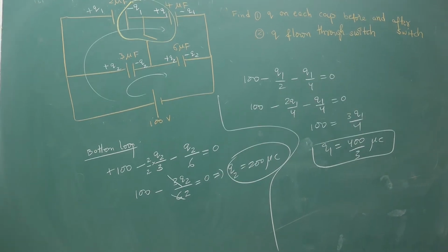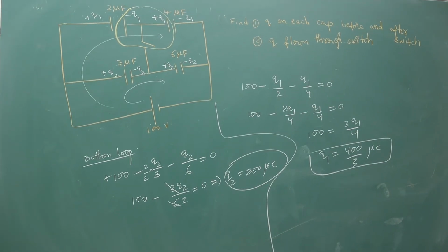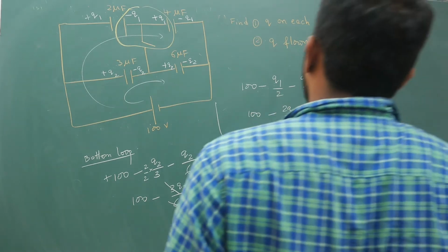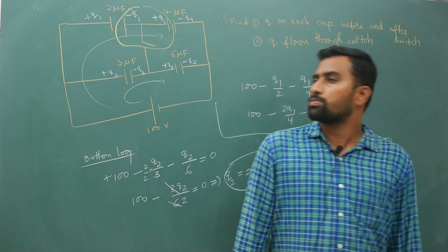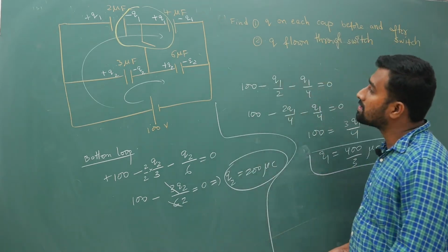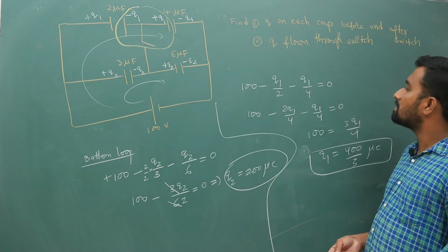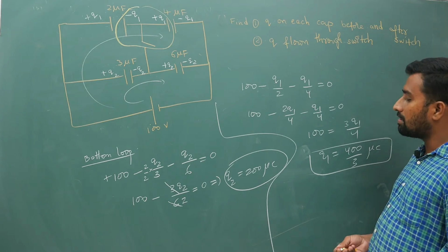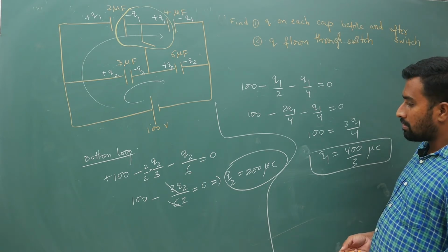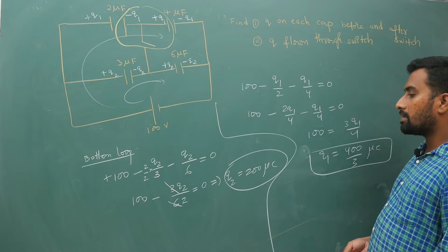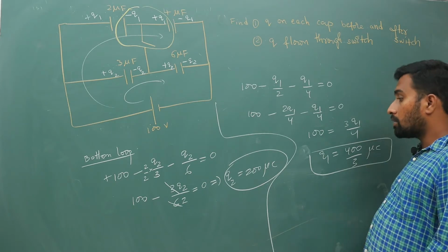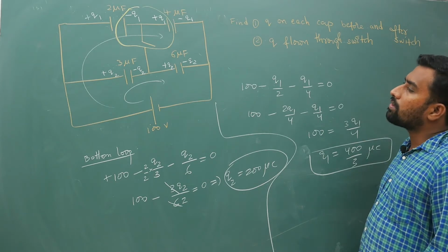Okay, so one of the plates is being removed and on the other plate it is actually getting attached. So that is why your enclosed charge in that part is 0. Keep this point in mind. So I will write the answers. Before, how much we got is 400 by 3 on the top part, and on the bottom part it is 200 microcoulomb. Keep that in mind.